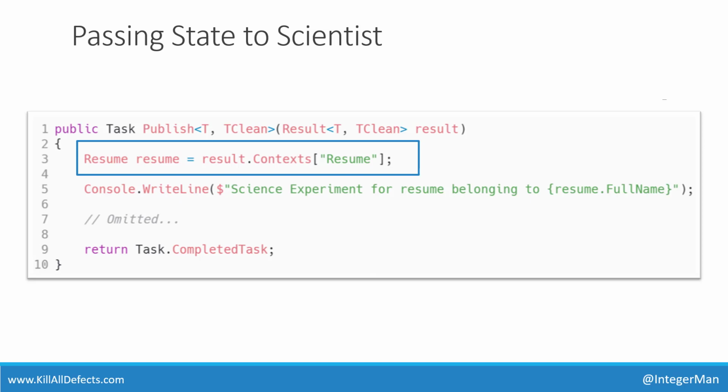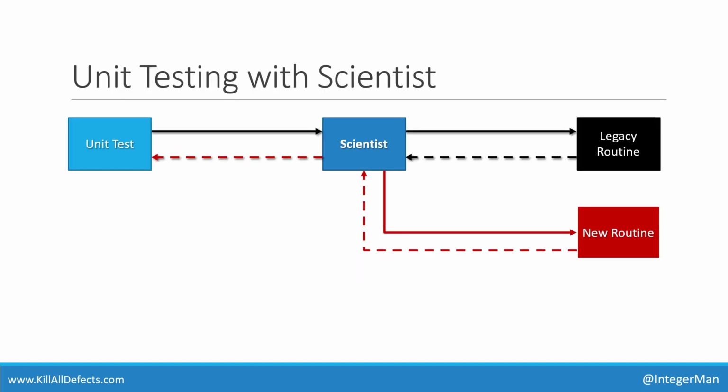And now I can just work with it as needed. Okay? If you're nervous about putting Scientist into production, like I was initially when I first started doing things, you can use Scientist with your existing unit tests. You can use it to compare the old version and the new version of things for a random variety of inputs if you wanted to. The way this works is you just write a science experiment that your unit test will talk to, and you're going to set a custom property on your experiment. And once you set that, which I'll show you in a second,